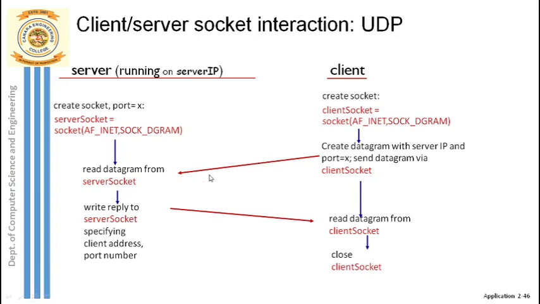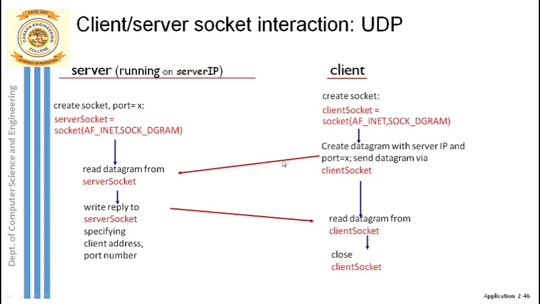Remember, in between this client and server, there is something called a buffer. You can assume it as a container. It is something like a post box. When the client sends a message, first he will put that message into the buffer, and that buffer's contents will be read by the server. Client will post a letter into the post box, and from the post box the postman receives it, but here assume that letter is taken out from the buffer and read by the server.